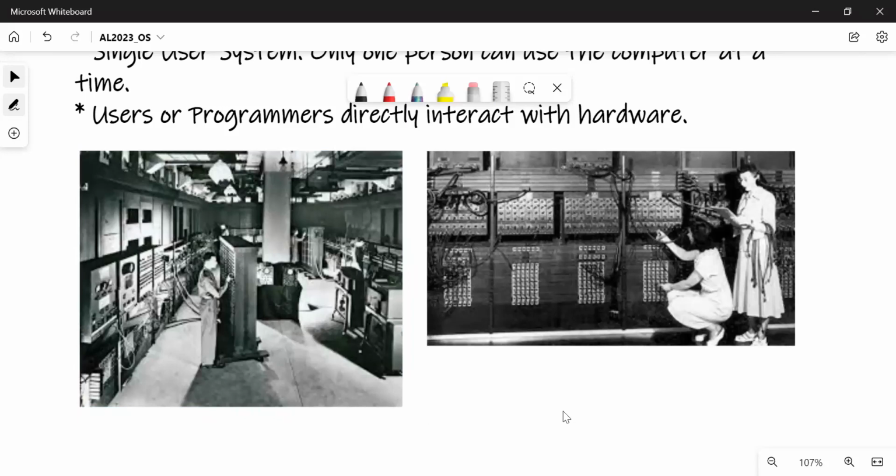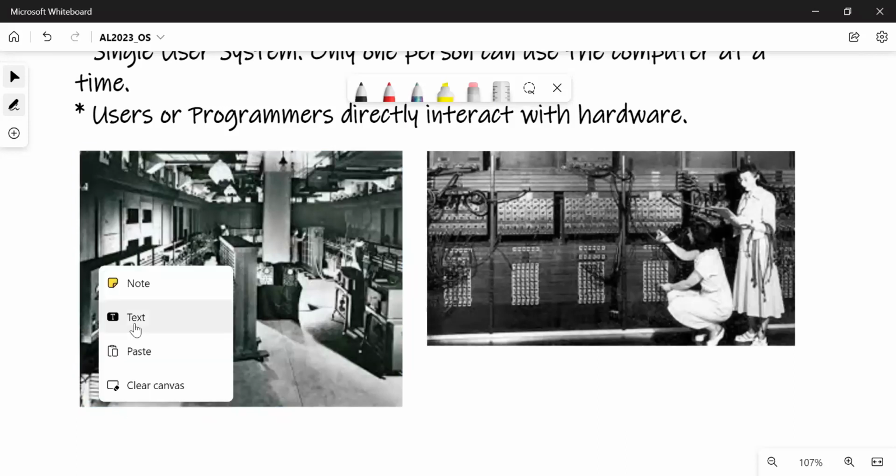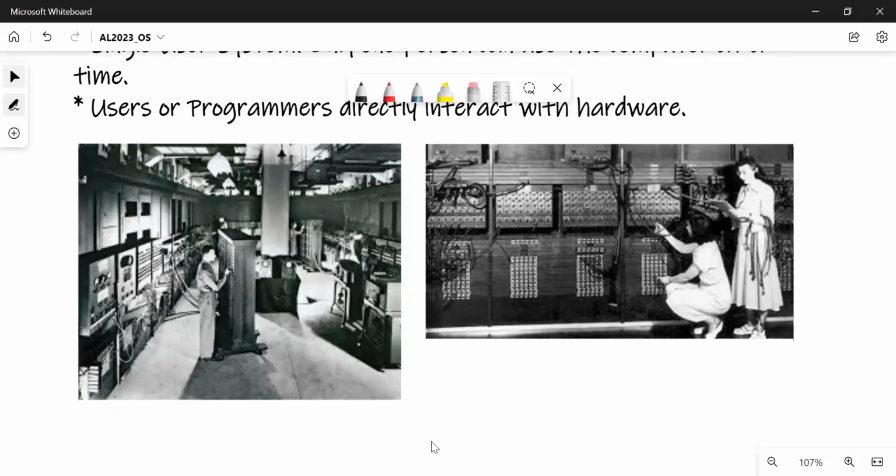Because users have to work with the hardware, they have to have a good understanding. So we say they have to have a sound understanding of the hardware things.